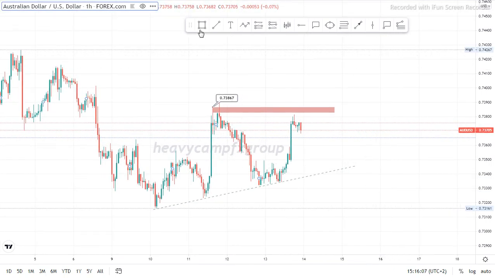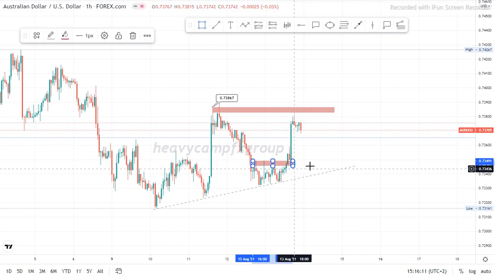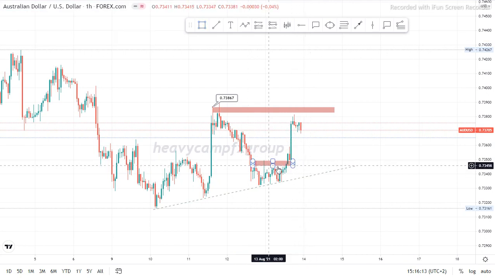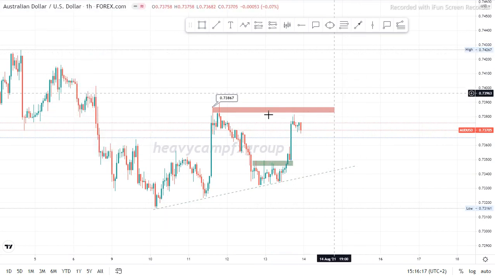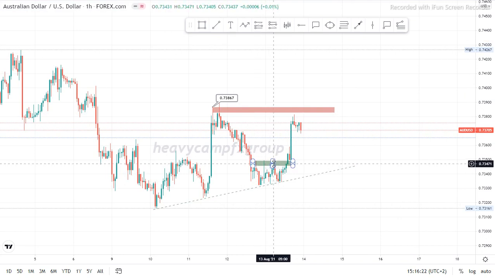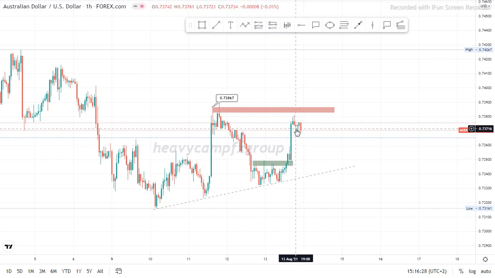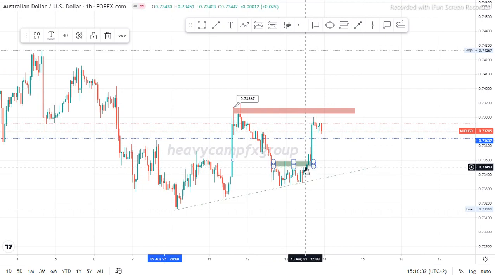All right, guys, and then just to add more confluence, I would actually label this as a minor support. As we can see, as price was pushing down, it actually failed to break above for some time, right, guys? And eventually when it broke above, we can see that price impulsively moved up. All right, guys, so I'll just label this as a minor support that we are looking at, right, guys? Okay, so